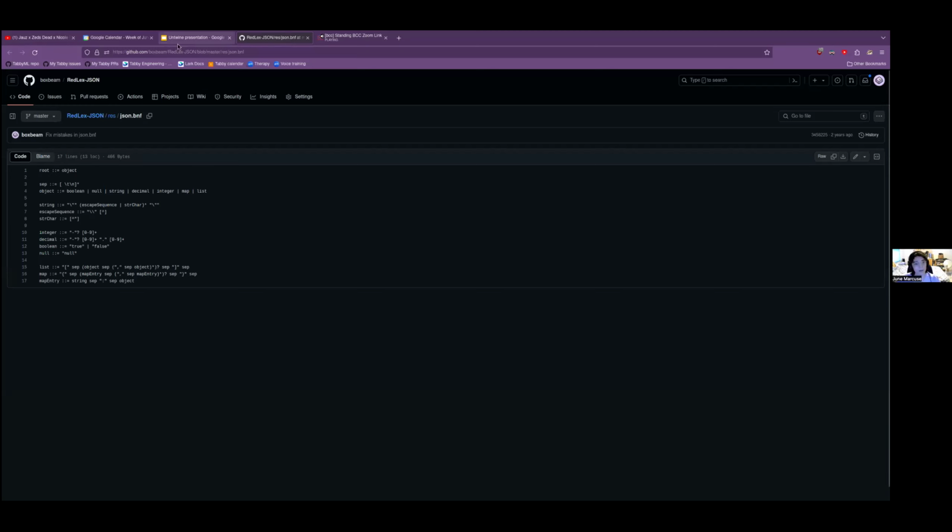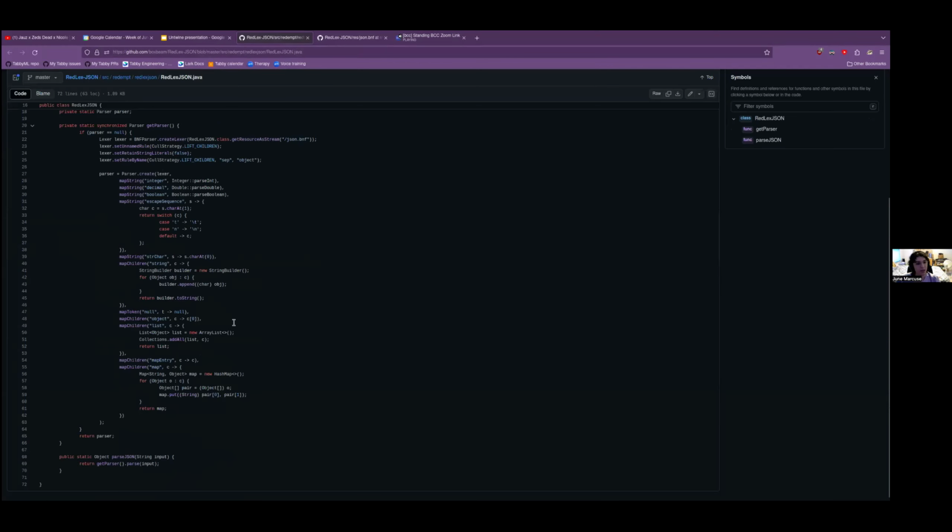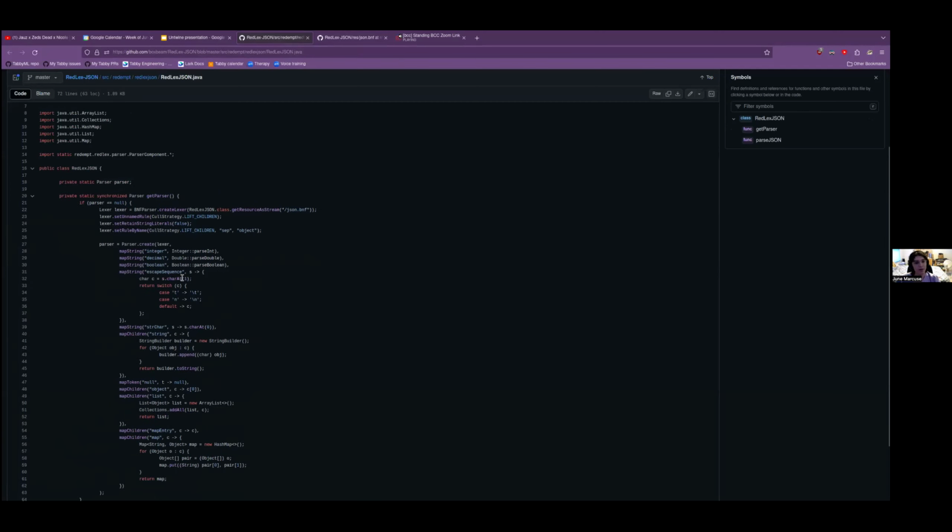Part of the problem with this approach, which I can show you in the code here, is that you end up needing to specify a bunch of things. So it's not actually parsing all of the JSON into a format you would usually use. You need to still say, well, parse the integers into integers, parse the doubles into doubles, and all that stuff.